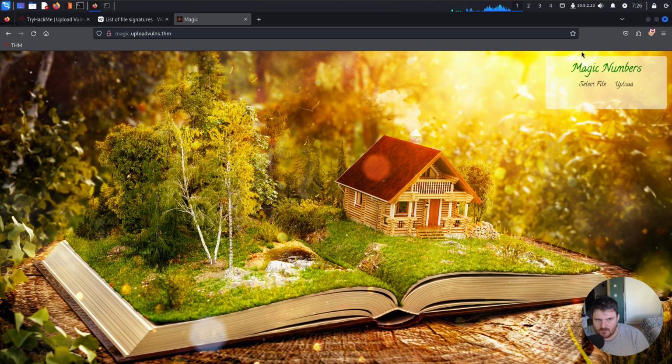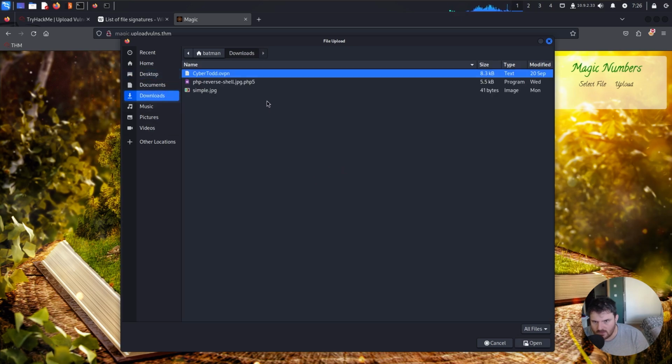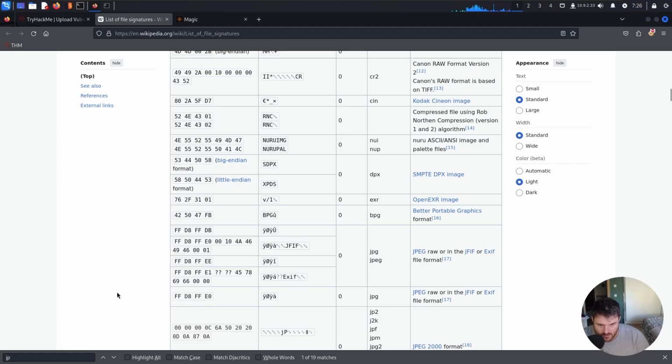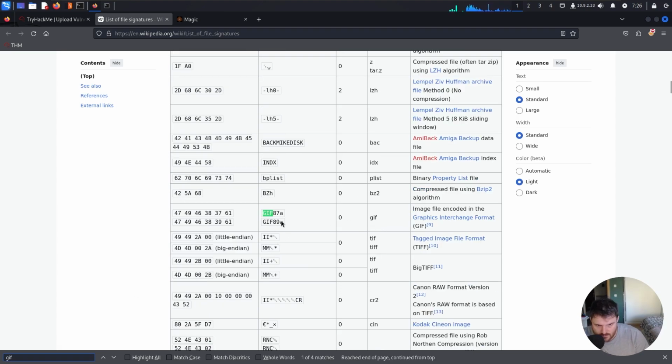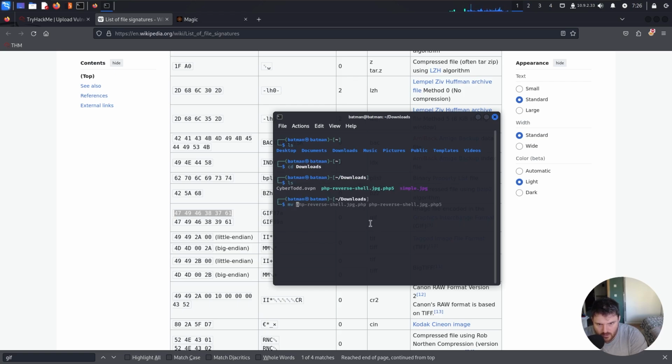So here we have the interface. It's right over here to the right of the screen. We can select a file. Let's go to downloads and see if we can upload a JPEG. GIFs only, please. All right, we jump over here and search for a GIF. All right, there you go. This is the hex we need to add. We go inside over here and list, then go to downloads and list again. We will change this to